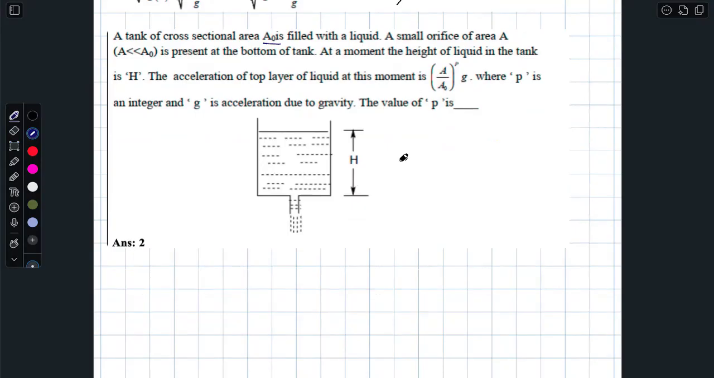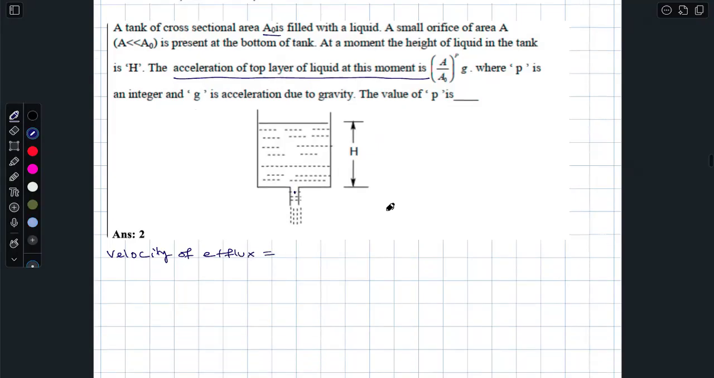The acceleration of the top layer of the liquid at this moment. Remember, acceleration of the top layer. First of all, what is the velocity of efflux? That is nothing but root 2gh. Initially, small h is capital H. What is the velocity of the top layer? This is nothing but